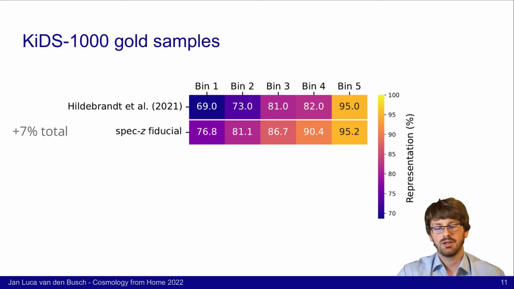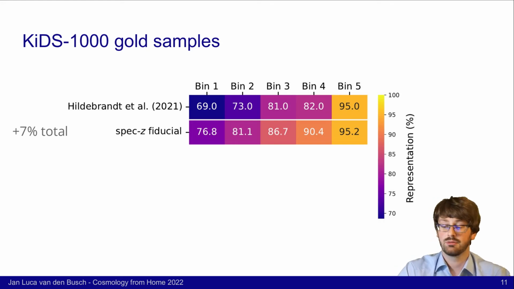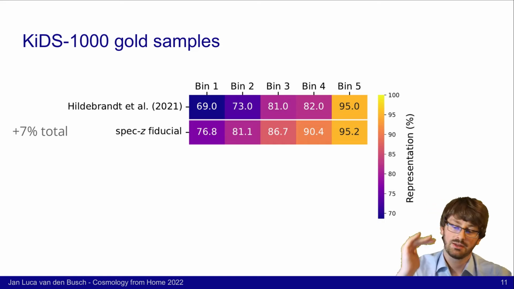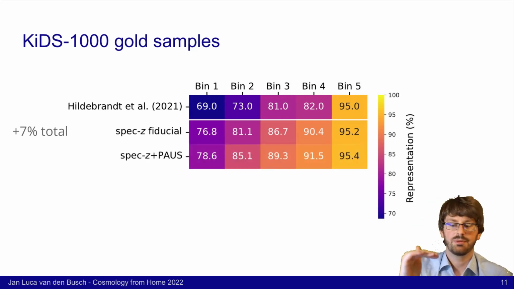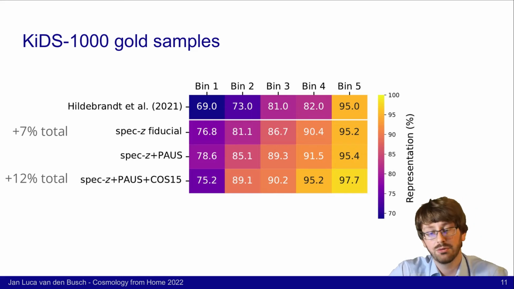So one other thing that is interesting for us is to look at the completeness of these gold samples. We call this representation, which is the fraction of the complete lensing sample that is included in our gold sample. Looking at the first row here, we see these representation fractions for the Hildebrand et al. gold sample for the 5 tomographic bins, starting at about 70% and then rising up to 95% in the last bin. Now what we can see is, as we step by step switch to our fiducial calibration and